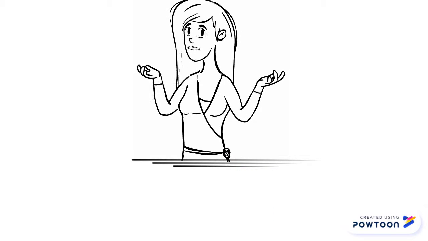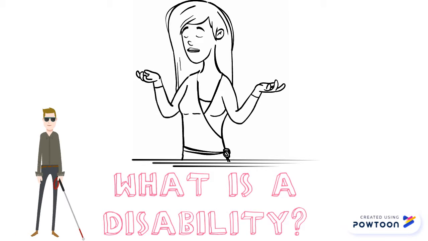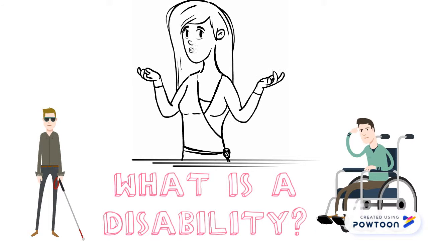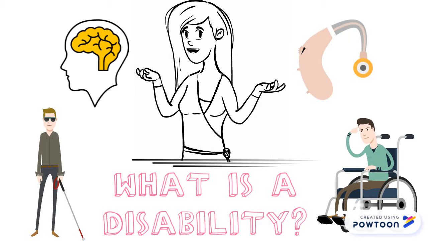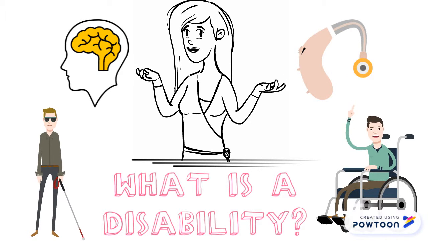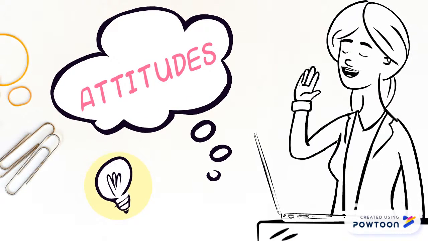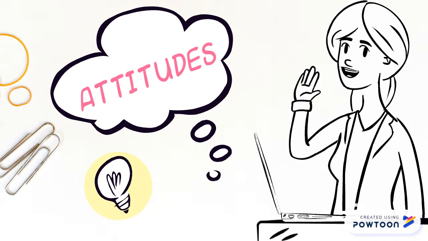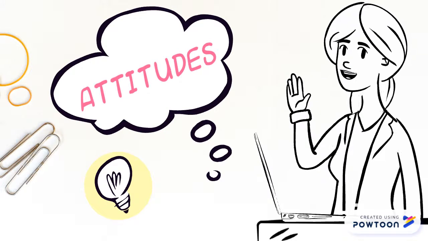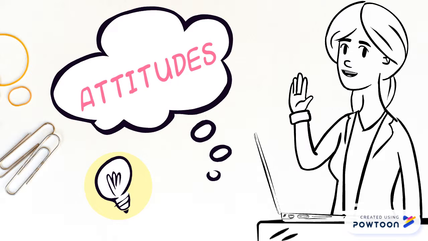So how do we define a person with a disability? A disability is generally defined as a condition which may restrict a person's mental, sensory, or mobility functions when undertaking or performing a task. Positive and accepting attitudes are vital for community inclusion. An attitude refers to a set of emotions, beliefs, and behaviours towards a particular object, person, thing, or event. In this case, we look at the attitudes towards people with a disability.